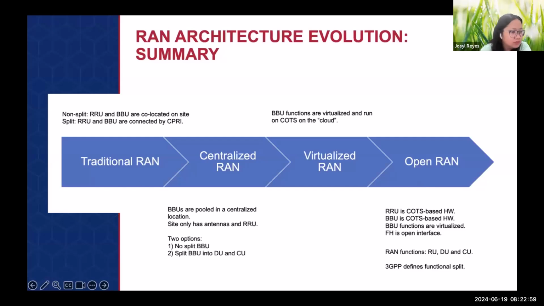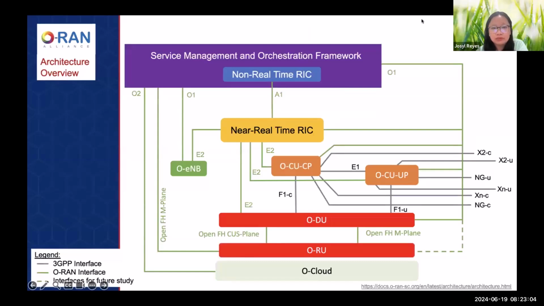Okay, so a review as well of the current architecture. I hope you can still recall most of the parts here, but we can have a quick look again at the different parts. What you can see here is that there are different components and interfaces. We can start first with the three main components: the radio unit, distributed unit, and the centralized unit. Those three are the main parts of the radio access network.